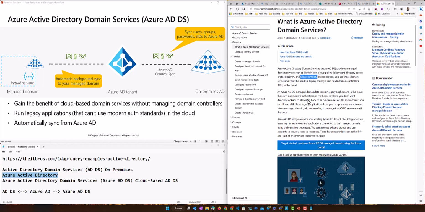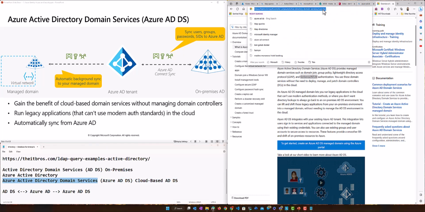But if you need, and there are a lot of applications, for example, like SQL Server and some other applications that need Kerberos authentication or NTLM authentication, then you must have domain services, Active Directory Domain Services, ADDS. तो उसके लिए माइक्रोसॉफ्ट ने आपको ये PaaS सर्विस दी है, Azure AD Domain Services, right? So these are 3-4 critical things which are needed for this one. So yeah, I will add this one as well over here.